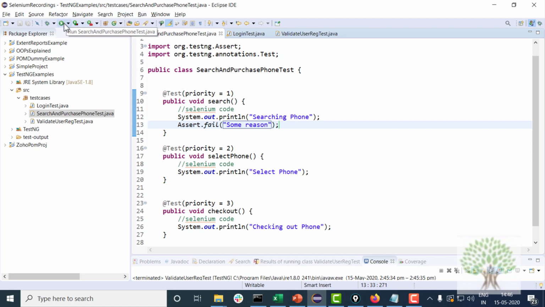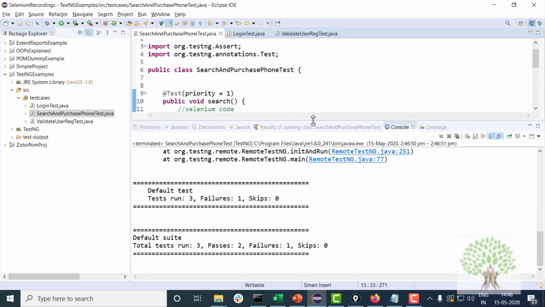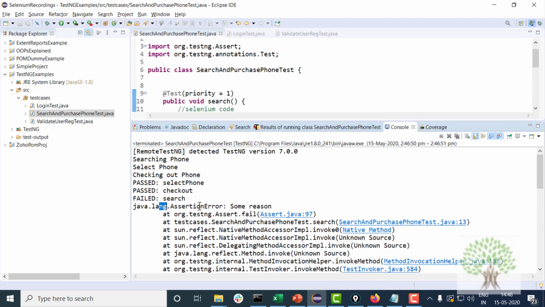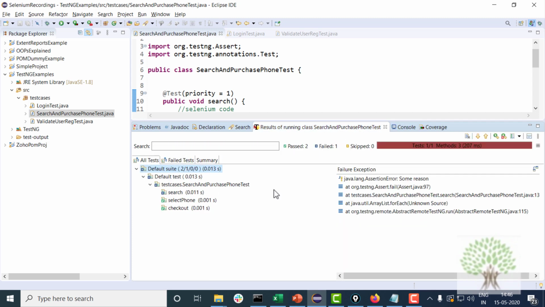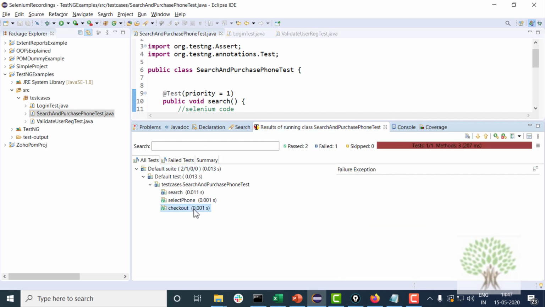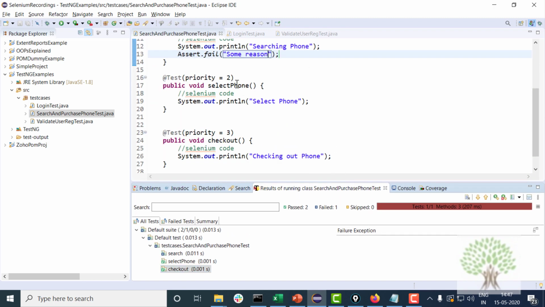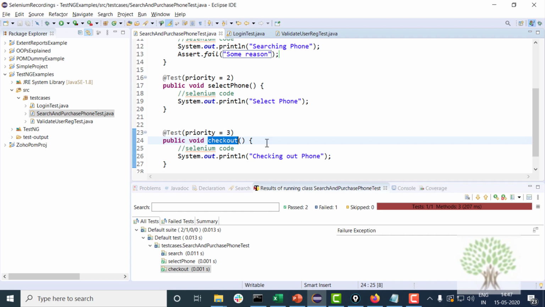If I run this, you will see that this test case has failed with some reason being printed out, but the other tests have actually passed.